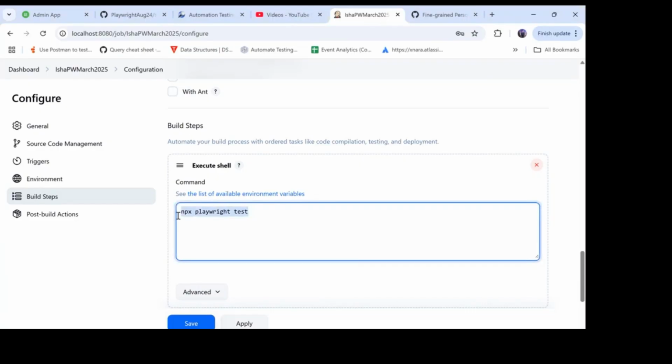Okay, so npx playwright test is what we generally write over here. But as we have seen as part of GitHub, what it does is, whenever you are trying to